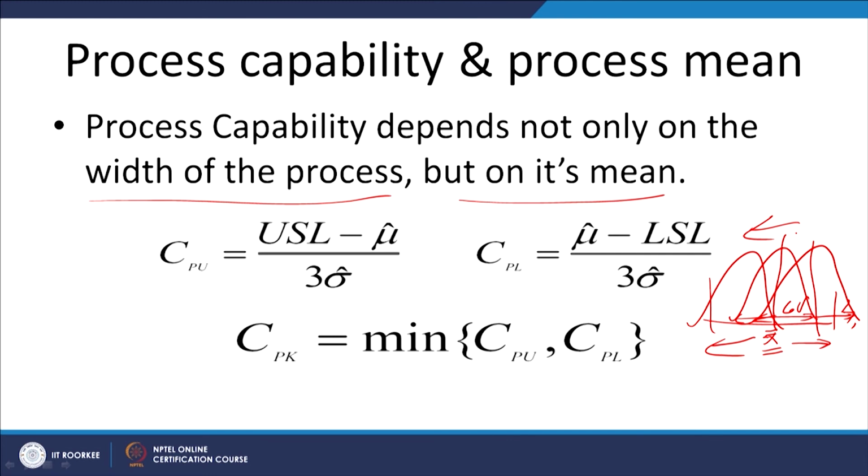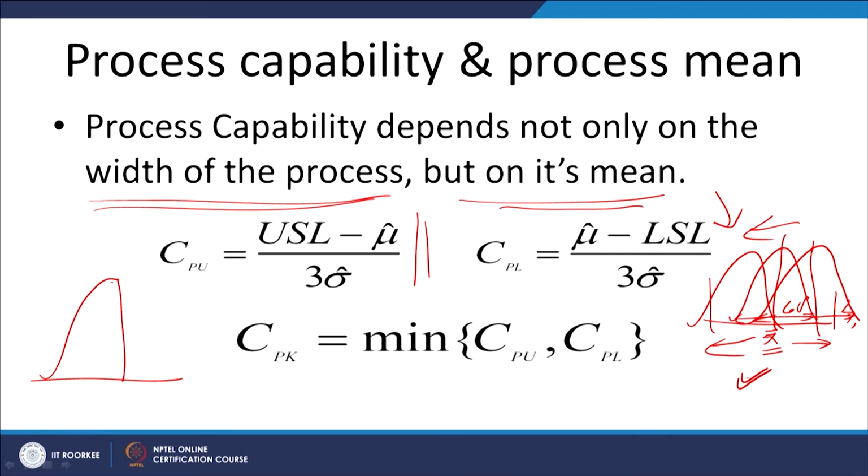So, to see even if there is a shift in the mean, whether the process will be capable to manufacture the things as per the specification or not, we check that the process capability does not depend only on the width of the process, that is 6 sigma, but also on its mean. So, to consider this aspect, the process capability is calculated a little differently, where we try to see the process average